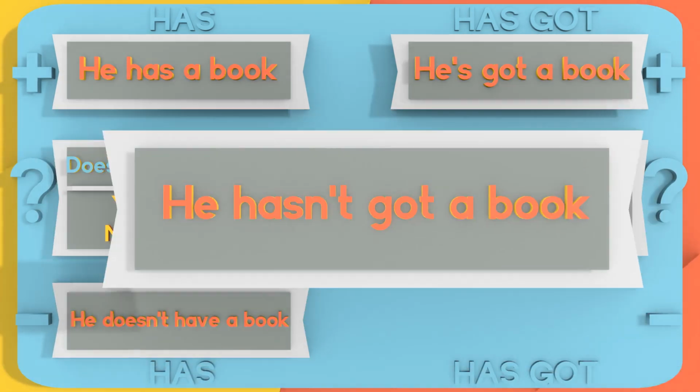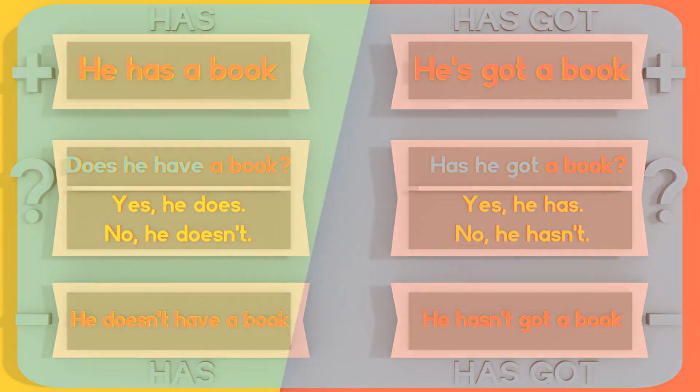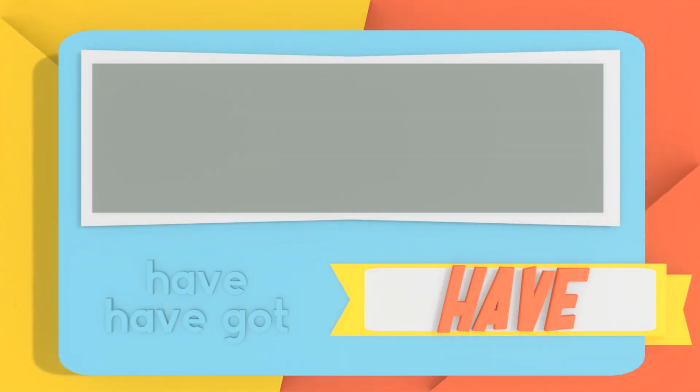And for the negatives, in the same way that you would write any present simple negative sentence, he does not have a book. And then he hasn't got a book. He hasn't got a book. That's the way you want to form it when you're using the have, has, got. Okay? And when it comes to the I have, I would be amiss if I did not tell you about